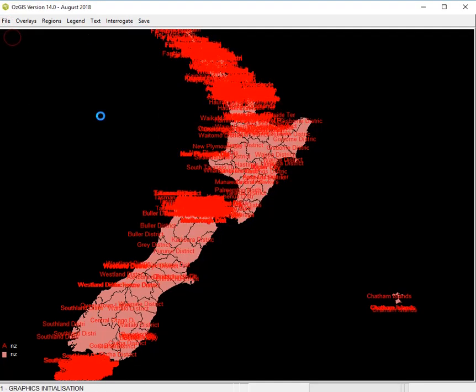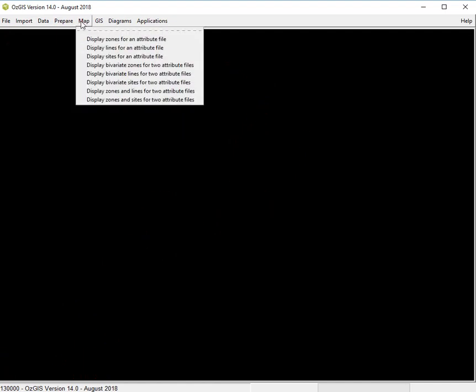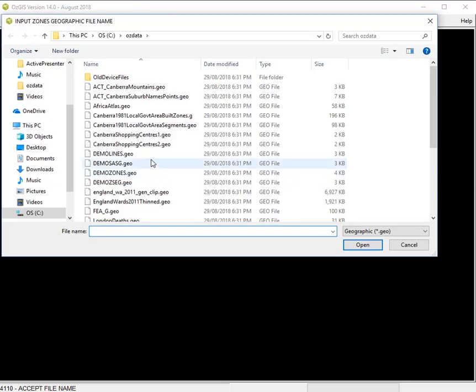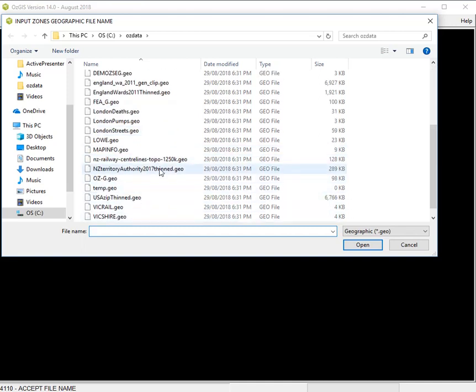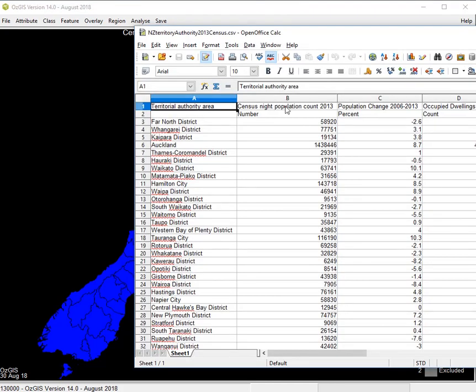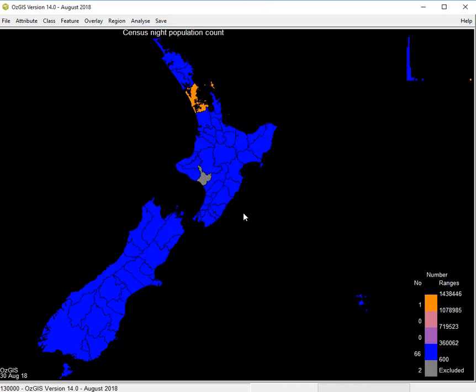We go up to the top menu and select a type of map, which is a zone map, or the standard choropleth map, and it asks us the name of the attributes and attribute files, and I've entered that spreadsheet into the system. So there's the attributes, and the geographic file for the map data is the same as we saw before, and then we draw the map, only this time it's coloured according to the attribute data. So for example, at the top here we've got the title, it's the name of the attribute we're displaying, which was the same as in the spreadsheet, and